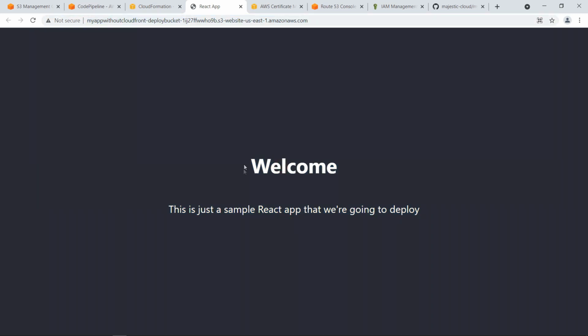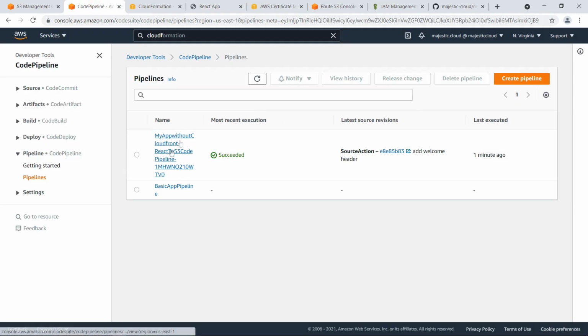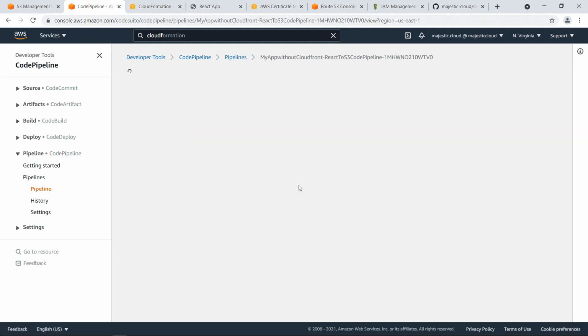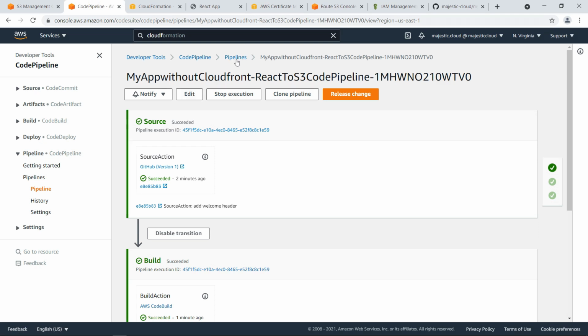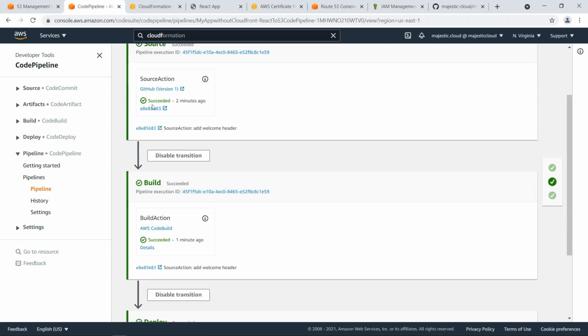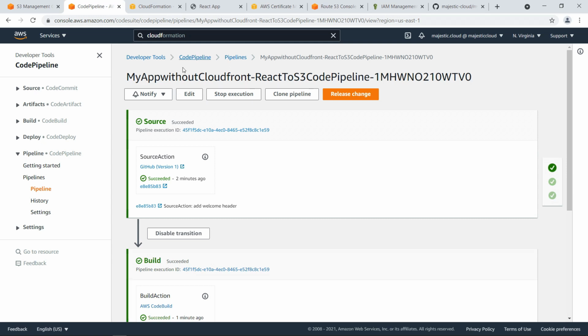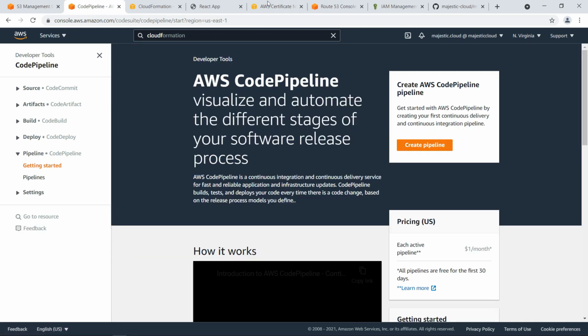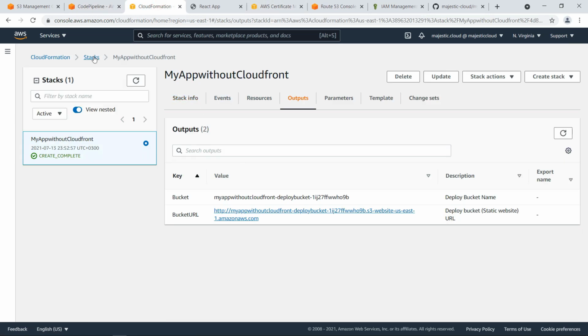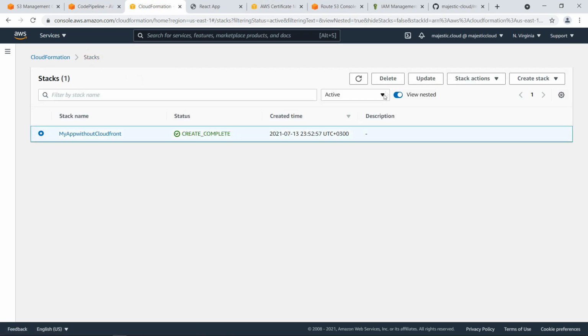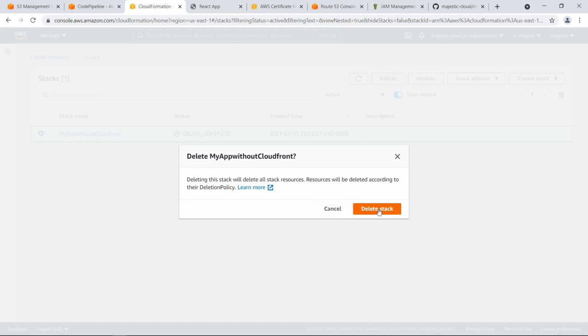website, static bucket. And if I go to code pipeline, you can see that I have a pipeline created, and it succeeded deploying the latest version of my application. So this is the first template, as I said. Now let's go back to CloudFormation and delete this one. Let's click on delete stack,